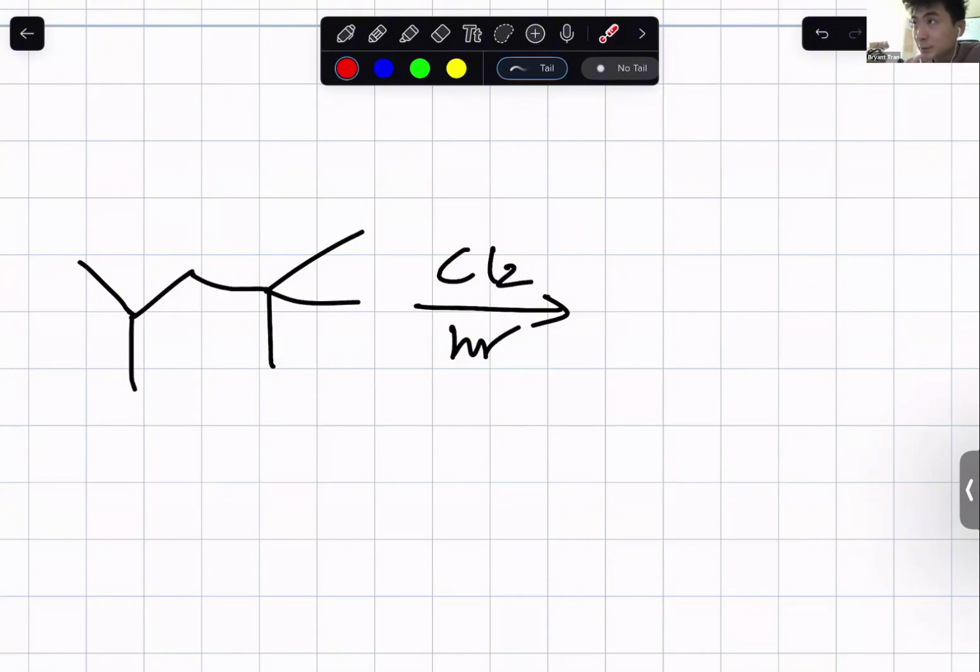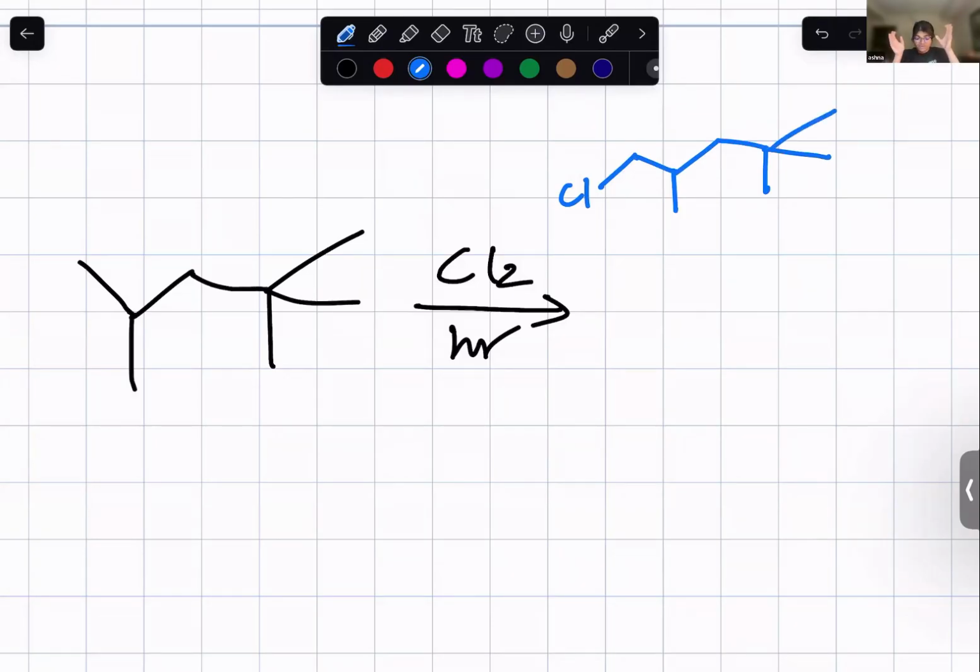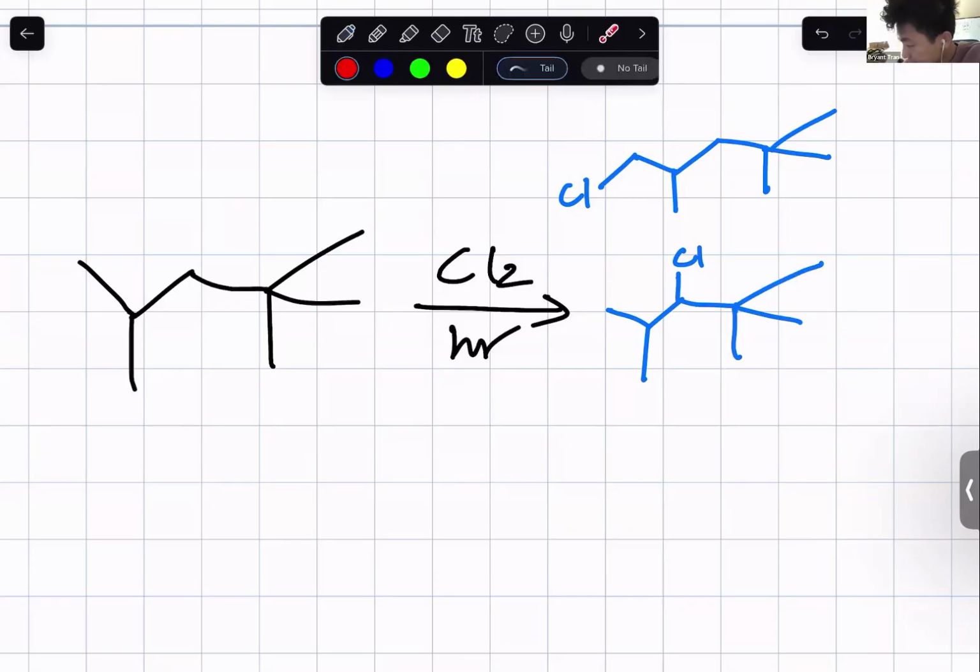Now, where did you get 3 from, Ashna? I want to see where you got the 3 first. Okay, so my mind first went to, I didn't convert it to the bond line, so I was thinking if you put the chlorines on the two ends, that's the same structure. Correct. So this would be one unique product right there. And then if you move it one on the inside, that should be the same structure. Like one step inside, like this right here? Or this one here. Yeah, this one here. That's another one.